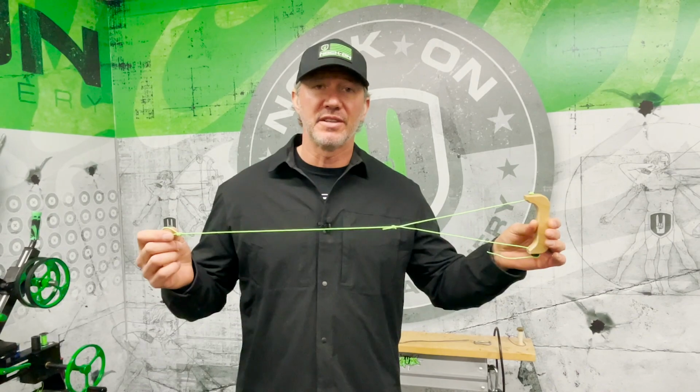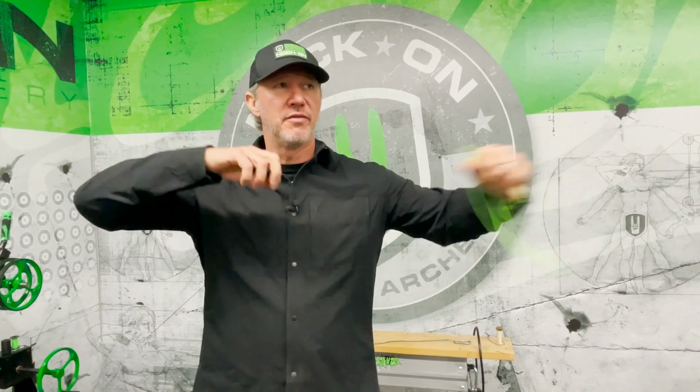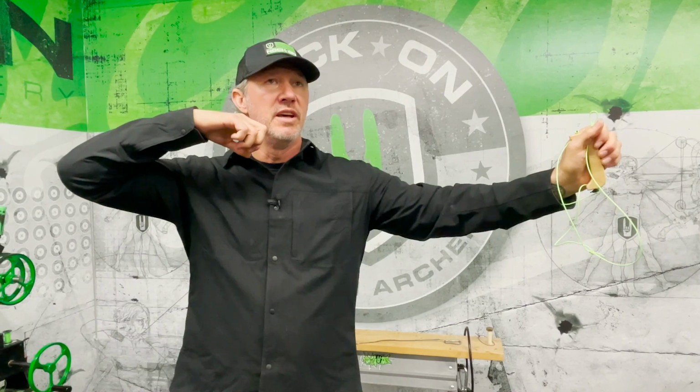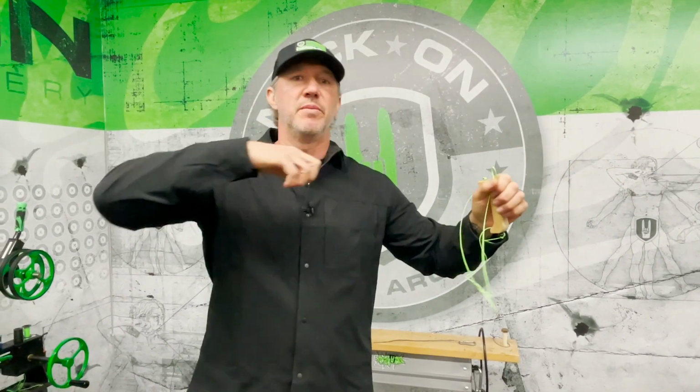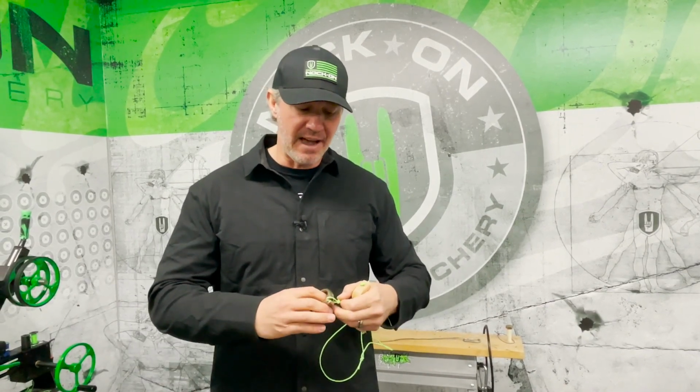versus having something that just allows you to go through the movements of either figuring out where your hand should be placed, or being in a full draw position with the shot trainer and finding your anchor position. And if you don't like it, you're not worried about that bow taking it away from you. It really is an awesome tool, and I can't express enough how important it is to have one of these,